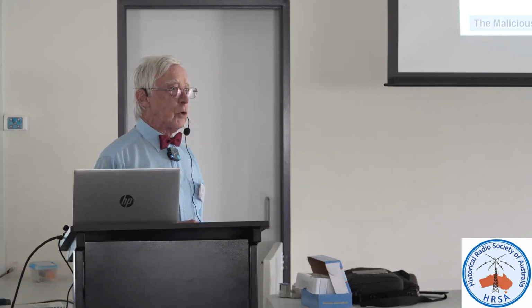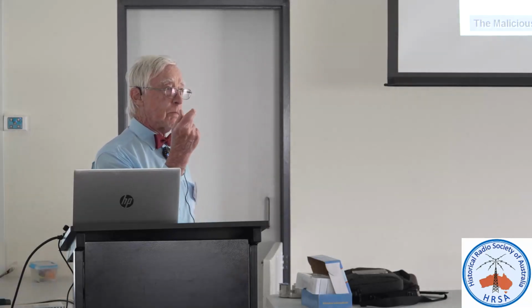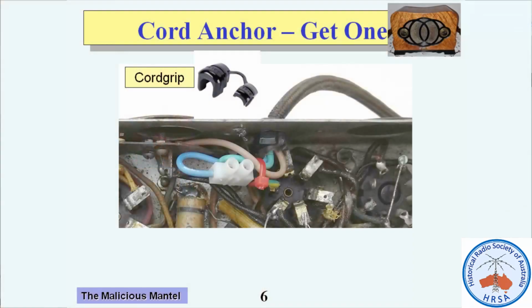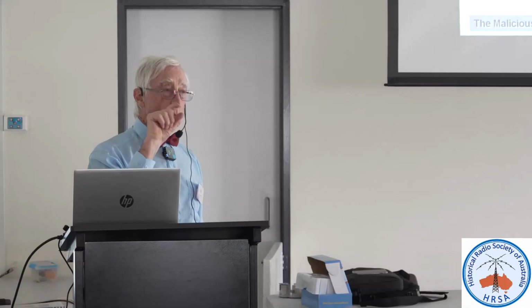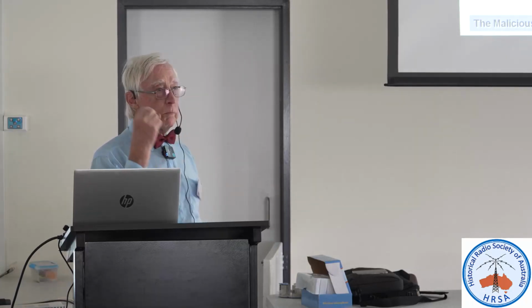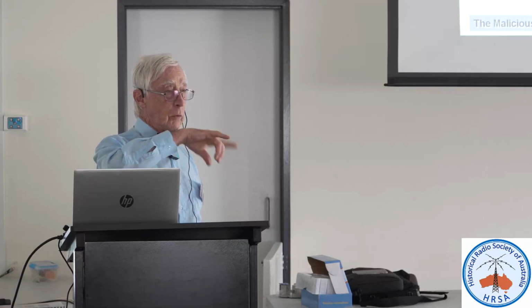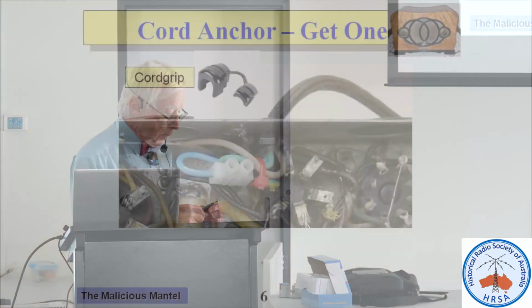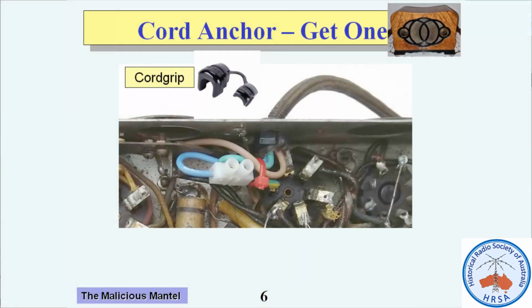I recommend you use a cord anchor. It's a two-piece grip, and it grips the cord and prevents it from rotating. Ideally, it should go into a slightly D-shaped hole to stop it twisting, but in an ordinary tight hole, I've found they won't twist. So it's completely secure. It stops the cord from pulling and rotating, and as well as that, you may be able to see that